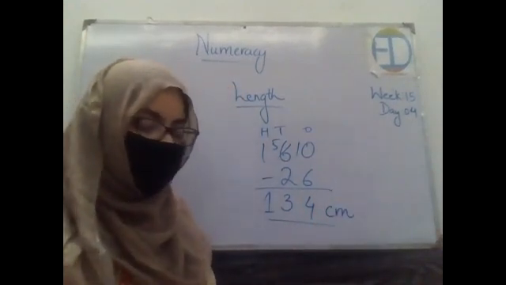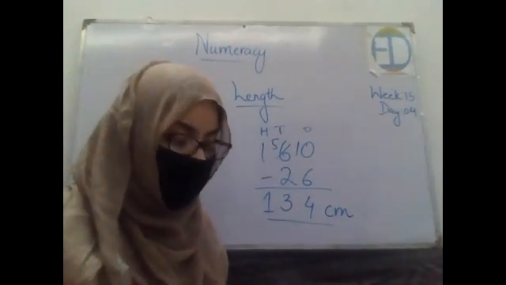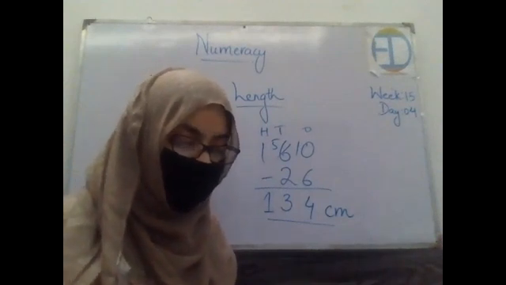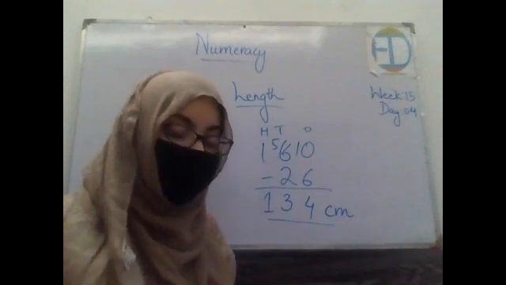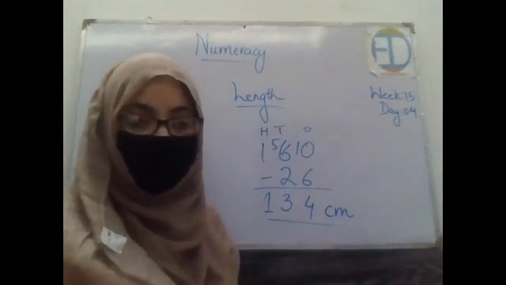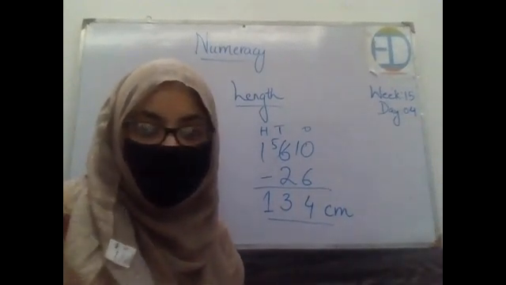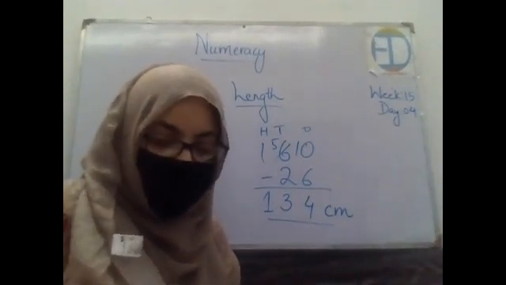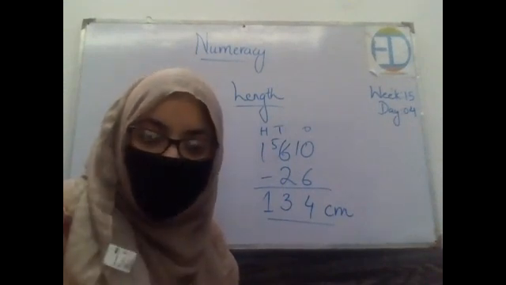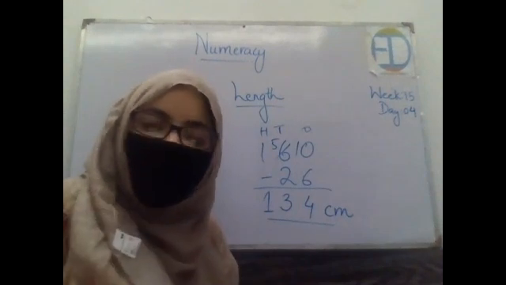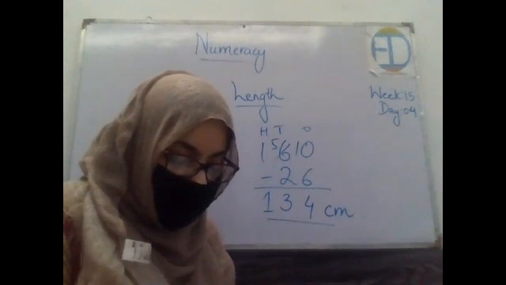Now do the rest of the exercise by yourself and tell me what your answers are. The third question says mother bought 40 centimeters of red ribbon for Pam's hair. She cut it into two equal pieces. What would be the length of each? So in order to get the answer, which of the number operations will you be using here? Division. So divide 40 by 2. What's the answer? 2 times what is equal to 40? 20. Very well done.